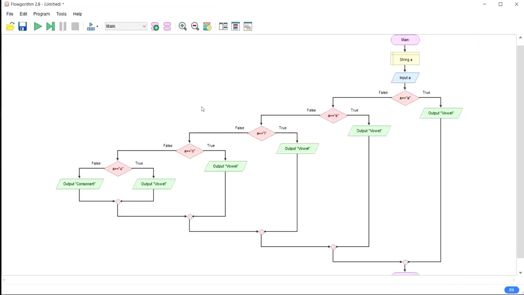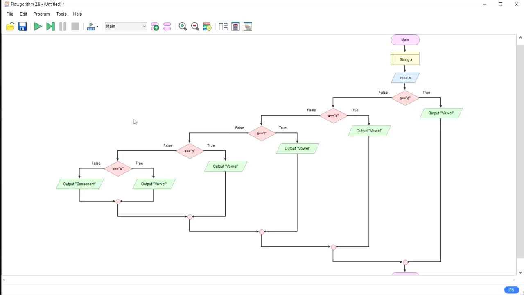Now see here, this is the entire flowchart for our problem. First, declare a variable of type string, then take input from the user, and the entered character is checked for whether it is a vowel or not. If it matches any one of these conditions, then it displays vowel. Otherwise, it simply displays consonant.